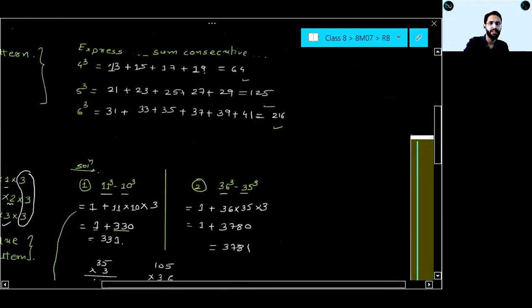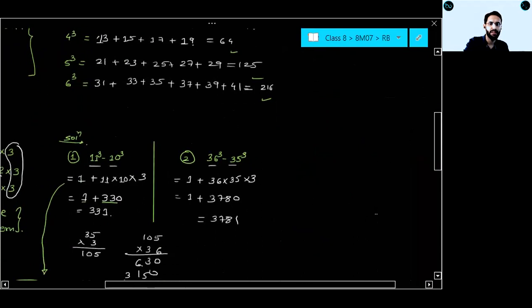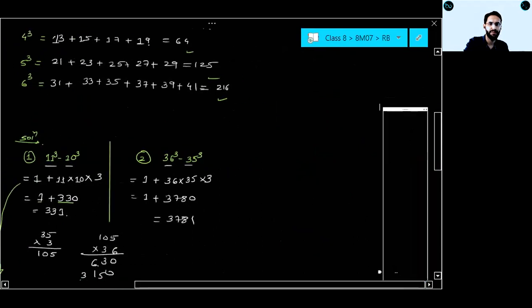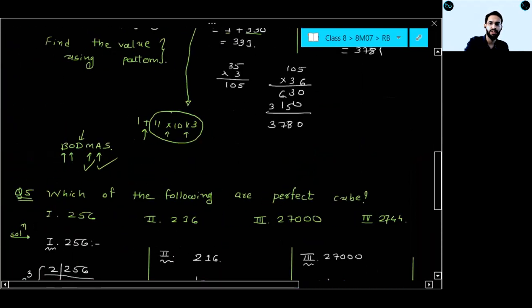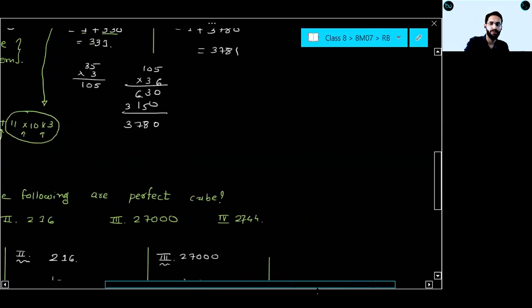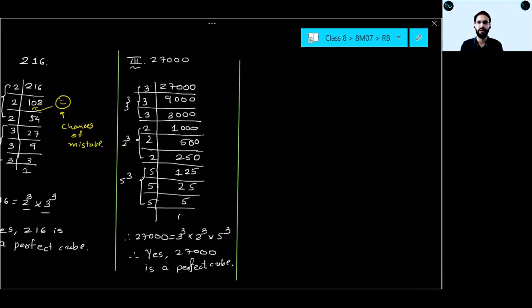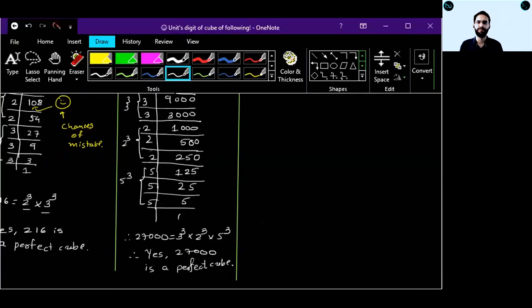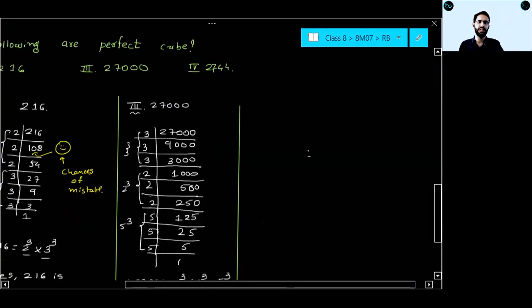I'll give a chance to each and every student. There are so many questions, right? Each and every student will get a chance. Don't hurry, don't worry. See, here only 4 questions are there in question 5, so only 4 students will get a chance now. For the remaining questions, I'll give a chance to each and everyone. So fourth, I am having 2744.